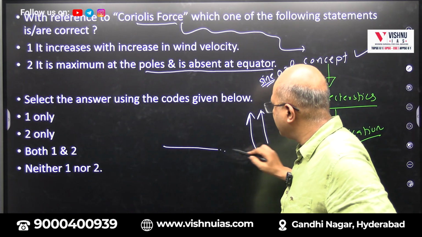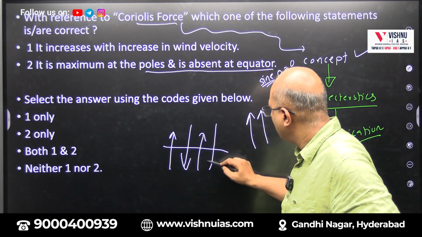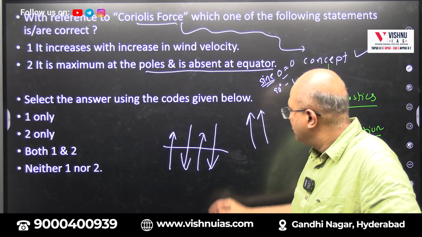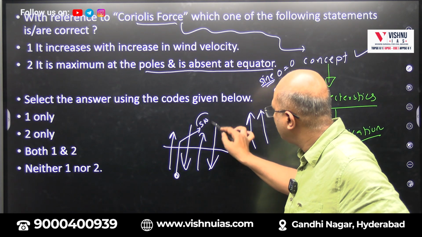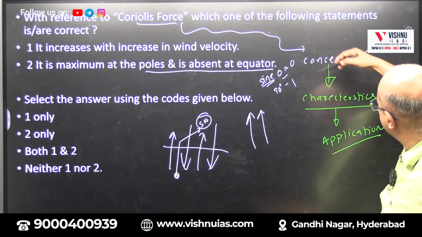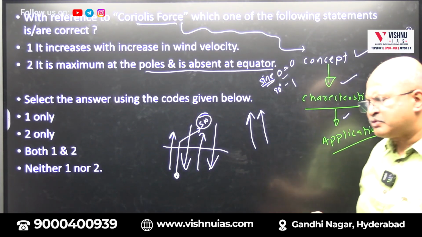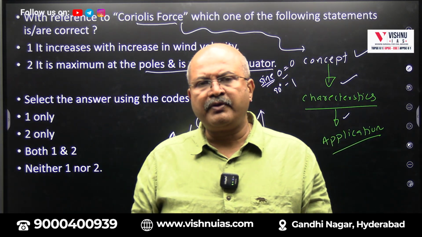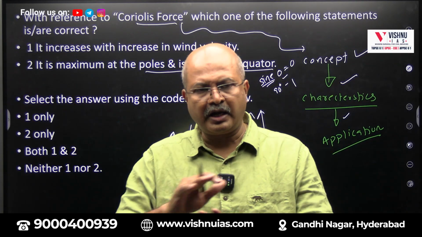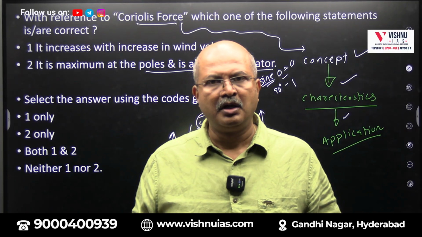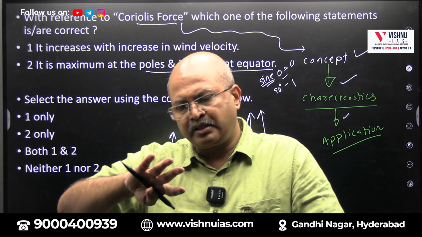And that is where, as it is 0 at the equator, the water from one hemisphere to another hemisphere crosses. The winds cross from one area to another. So that's why the monsoon winds cross the equator and enter India in the form of southwest monsoons. So such application based questions can be asked, right? So remember these. Sometimes when you are reading, they may say that the Coriolis force affects the velocity. Sorry, it only makes the deflection. It does not have anything to do with the velocity of the force. It does not increase or decrease the velocity of a moving object, but it only makes the deflection.